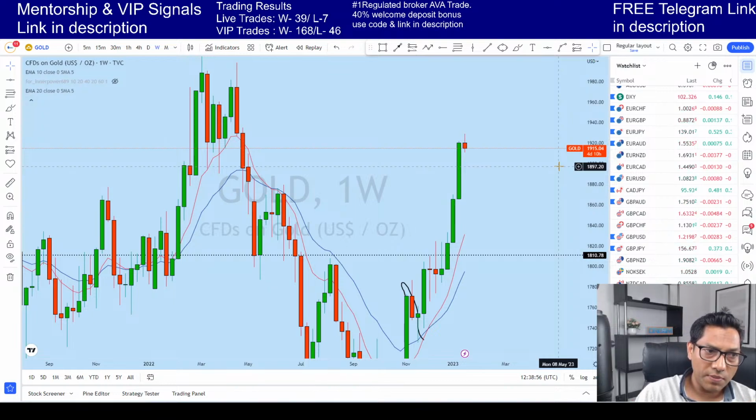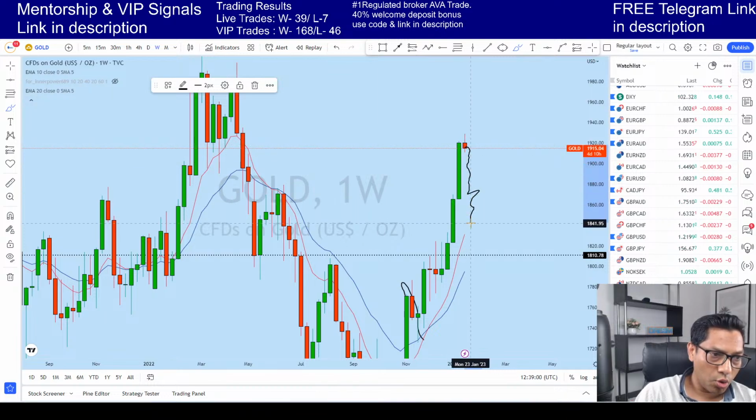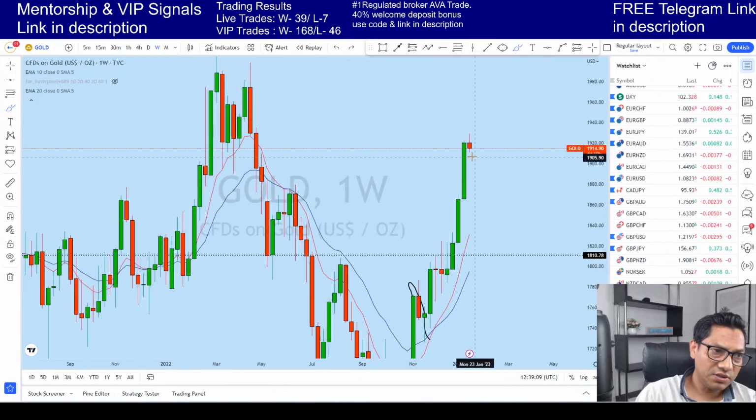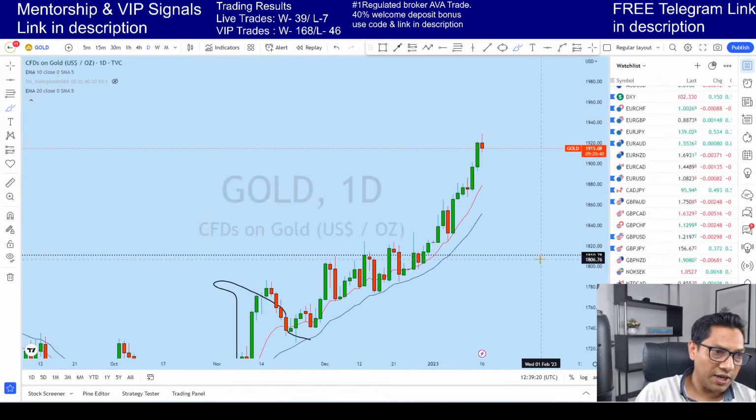So one probability could be that if it drops, it will probably create a big long weekly candle, and the other one will come at the end of the month, probably a doji. So this is if the price reverses. If it doesn't reverse, we might see this week also a narrow doji, or again another bullish candle. So now let's look at daily to see how it is doing from the daily perspective as well.